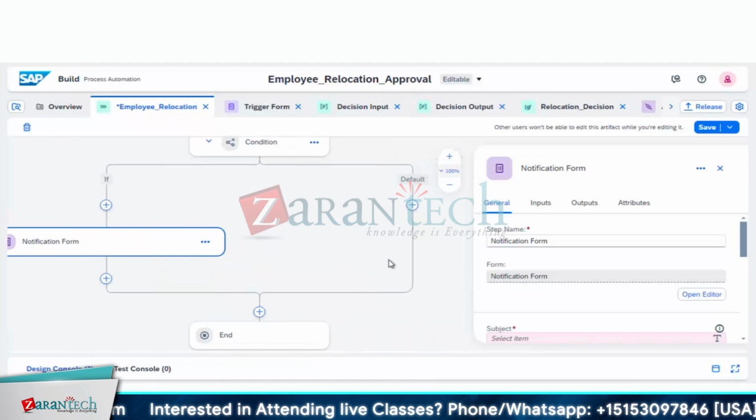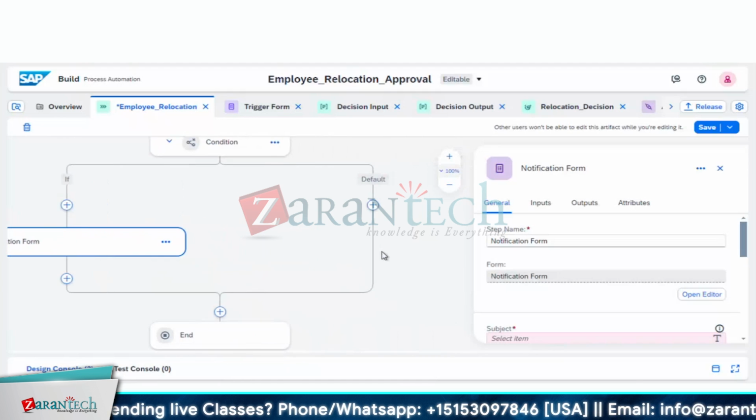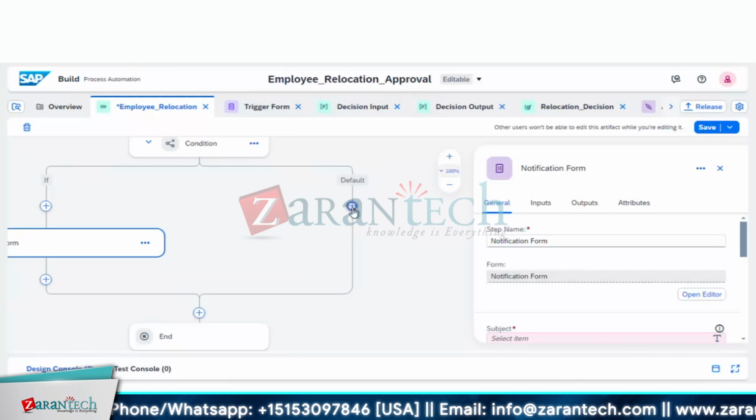It will end. In the default route, I'm adding another condition as